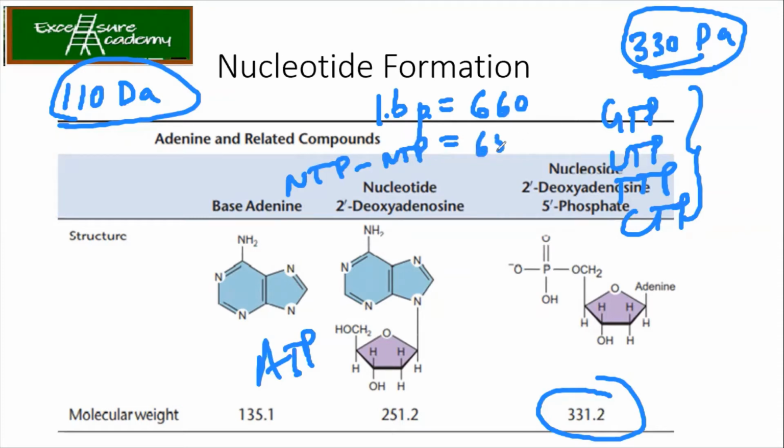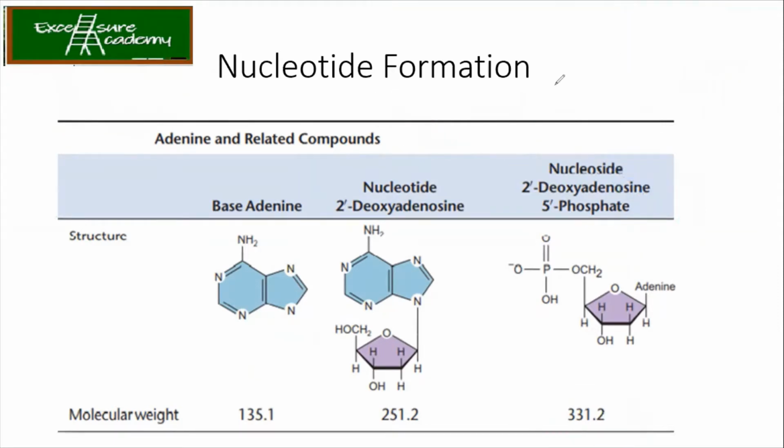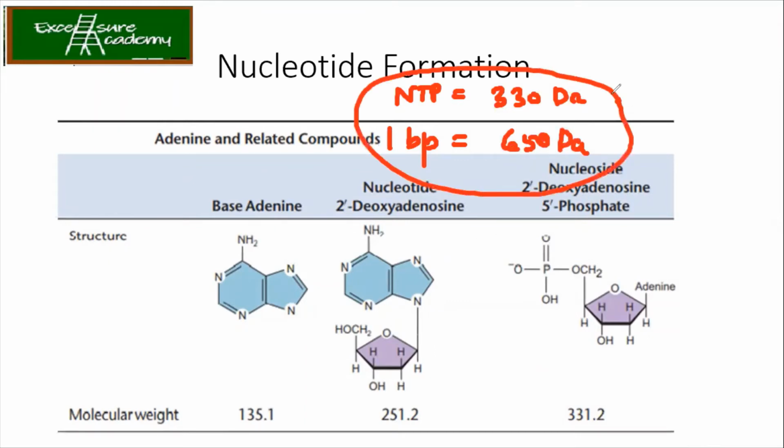So on an average, it will be around 650 Dalton, because the hydrogen bonds are formed and there will also be loss of water. So that's why the value will become from 660 to 650 Dalton. So again, I'm repeating, what you have to remember is one nucleotide weight is 330 Dalton and one base pair weight is around 650 Dalton. Now this you need to remember, because in future, whenever we are doing all the numericals, the problems, you have to consider the molecular weight over here. So keep on making short notes also, where you can write and keep in mind.